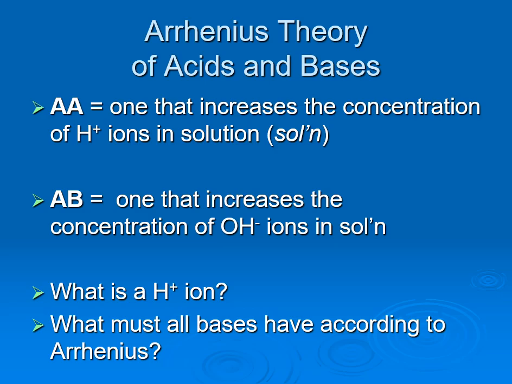There is a better theory out there, and we'll talk about that in section 2. But that's the Bronsted-Lowry. But okay, Arrhenius. What is an Arrhenius acid, AA? So right up here. What is an Arrhenius acid? It is any substance that will increase the concentration of hydrogen ions in solution. So if any chemical can put hydrogen ions in solution and make that concentration go up, Arrhenius would say, aha,